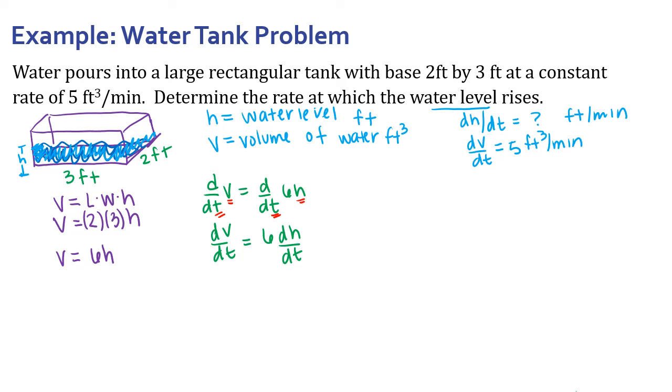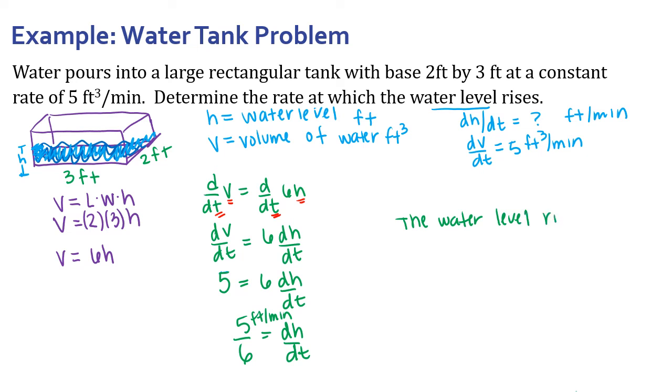Okay, so now let's plug in what I know and what I'm solving for. So I know that the volume is increasing at 5 feet cubed per minute. I don't know that dH dt, so solving for dH dt, I get 5 over 6. And that's going to be feet per minute. So we would say the water level rises at a constant,